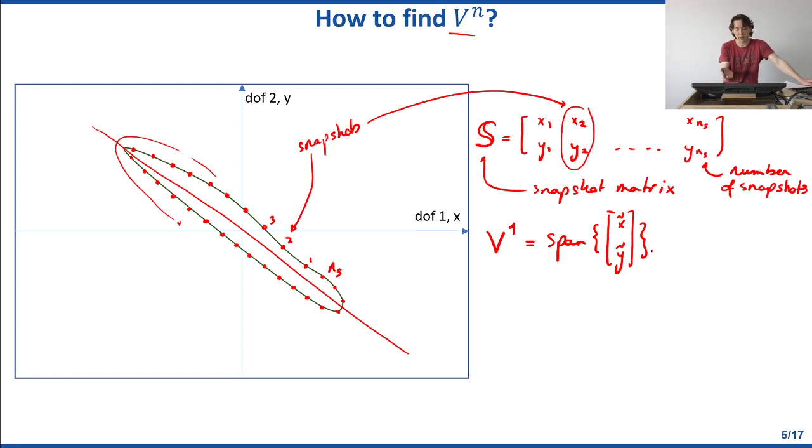So this is the space which is any linear combination of this one vector, which represents a line. And we're looking for exactly that x tilde and that y tilde such that the error that we're making with respect to any snapshot in our snapshot matrix is minimized. So we're looking for x tilde, y tilde, such that the sum going from i equal to 1 to ns, the number of snapshots, of the error in terms of a least square, which of course we measure as the magnitude of the difference between each of these points,